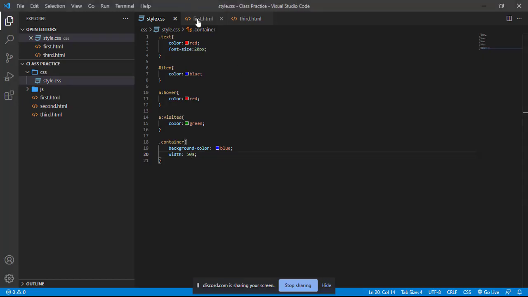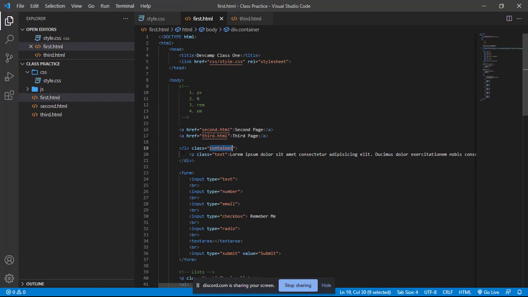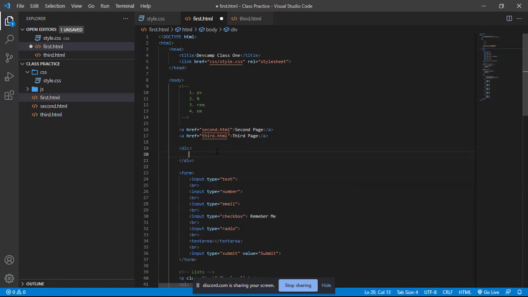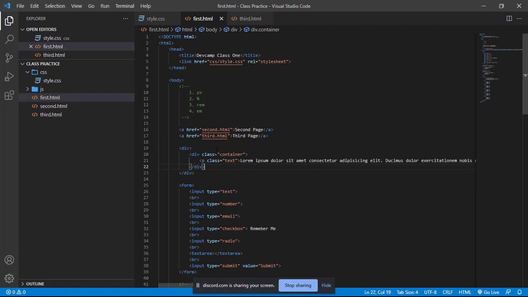Like when, for instance, we come here, this P is inside this div, and we can still have this whole div inside another div. You get? So the parent of this P is this div, and the parent of this div is this div. So when we talk about parent, we are talking about the direct container above or outside the particular element. When we are talking about root, we are talking about the whole root file, that is your whole browser